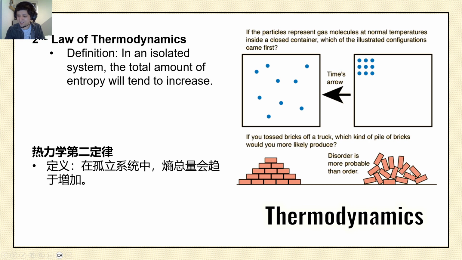Well, it's more likely that the right is going to happen. Disorder is more probable than order. It would be very unusual for it to land like it is on the left. And with matter, this is the case, right? With matter, things get more disordered. So when you hear entropy discussed, you typically hear it with this word disorder. And that's what this is talking about. Over time, molecules spread out and matter becomes more disordered over time. It tends in that direction, right?